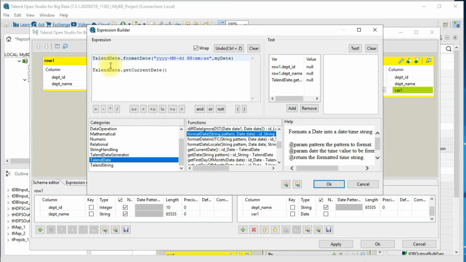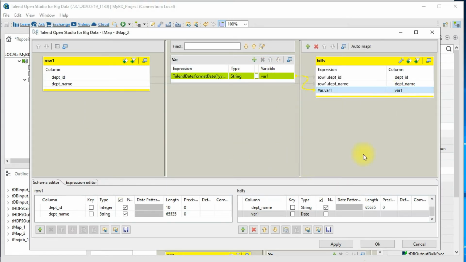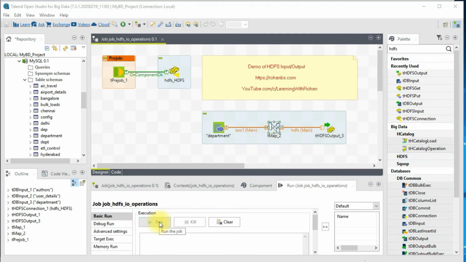What I'm going to do is use the format string, and under that I'll be using current date. So this is going to be a string data type, and my target also I'll change to string. But if you still want to keep it as a date, you can specify the date pattern, and then your output file will also have data accordingly. See, now the warning has disappeared. So this is how you take care of removing all the warnings. Okay, so now I'll go ahead and run the job.